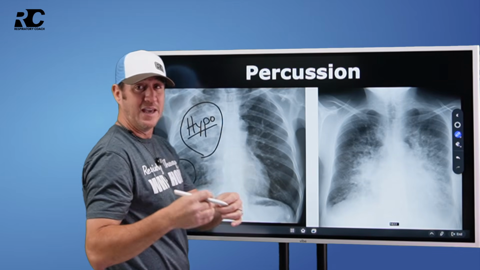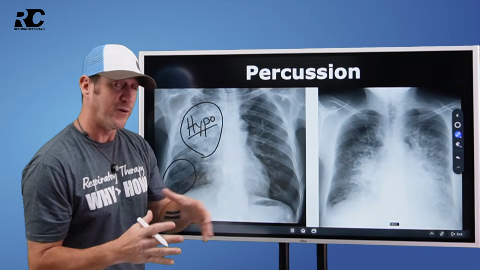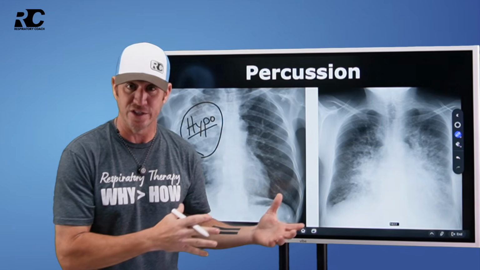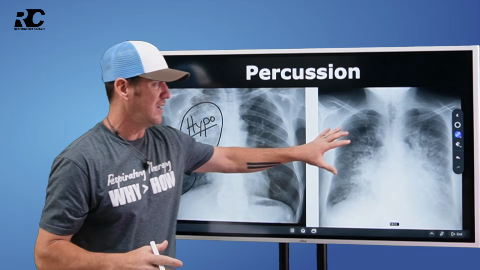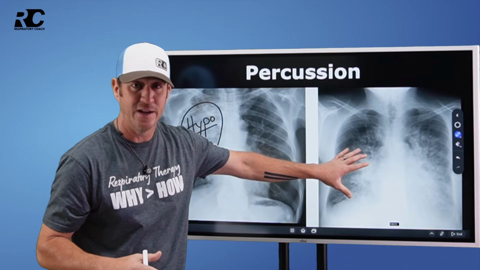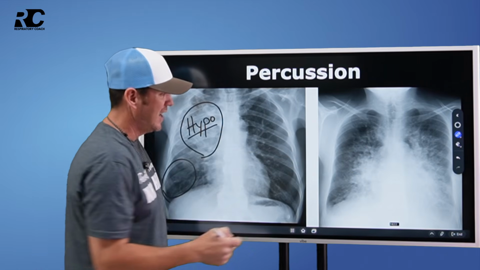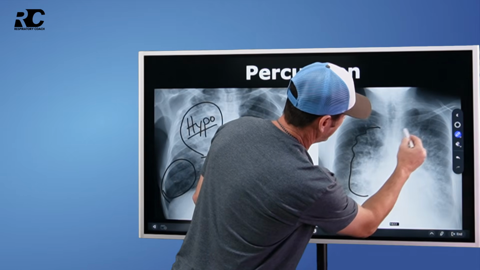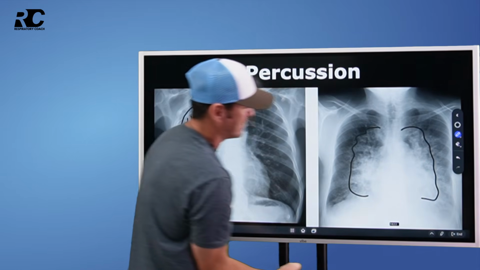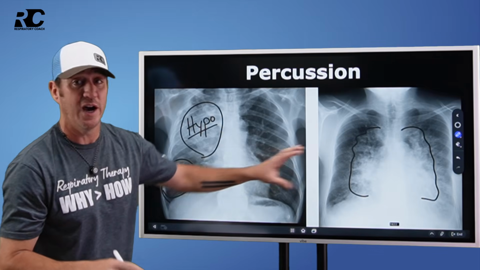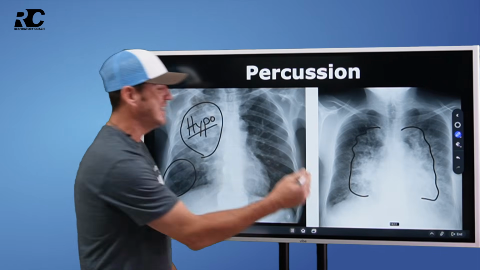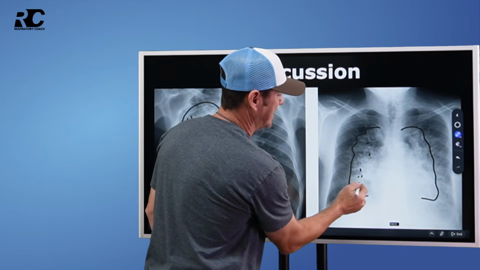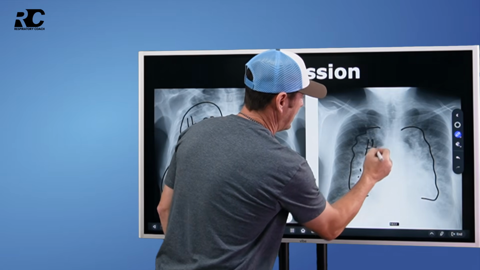Now, when we look at this one over here, what we find is that we see there's more density around what we refer to as pulmonary vascular congestion, okay? This is associated with cardiogenic pulmonary edema, probably due to congestive heart failure. And what we see is when we look at these areas of density, we could draw a line around that right there, okay? When we were to percuss over that area, again, because of the increase in density, we would get a